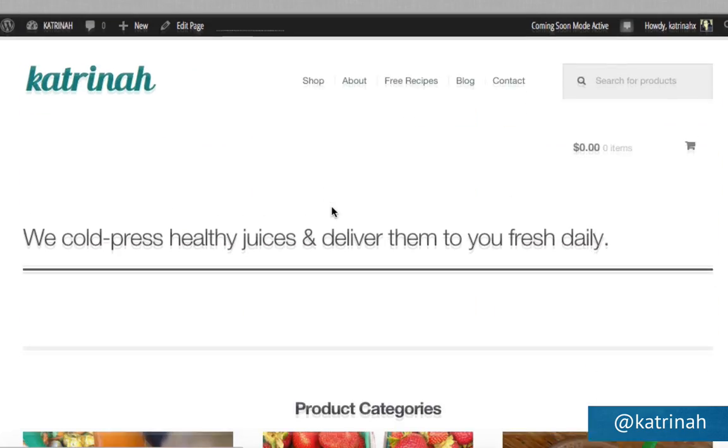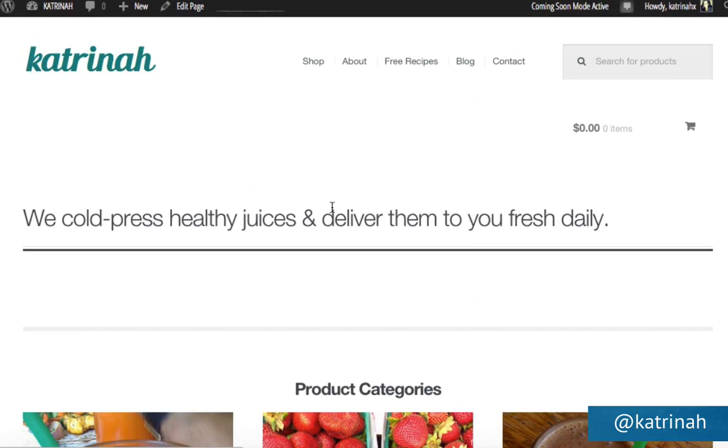There's a number of other things we still need to do to complete this website, however, starting with number 1, I want to make some customizations to our site, to the styles and appearance of the site. For example, I want this tagline to be centered. I want to remove some of this empty space right here and some other minor style changes for the website. Also, we need to continue setting up the WooCommerce plugin. Finally, we need to add some custom content to the blog sidebar on the blog archive page.